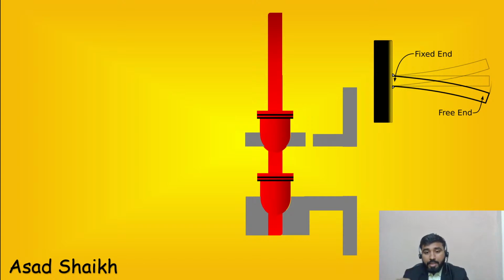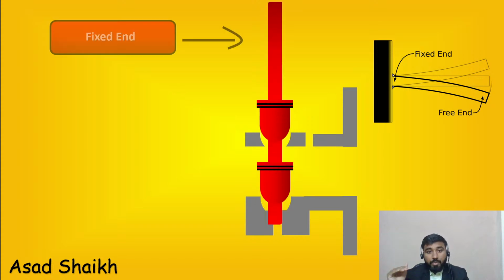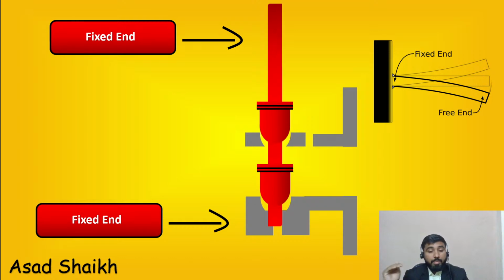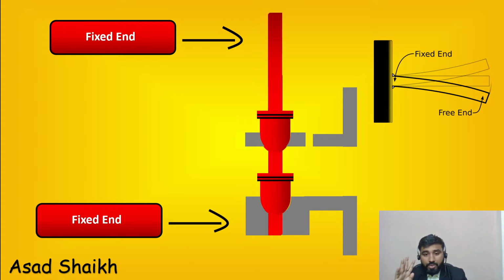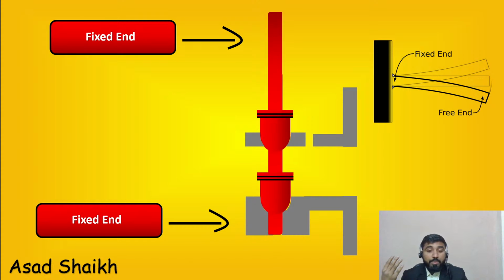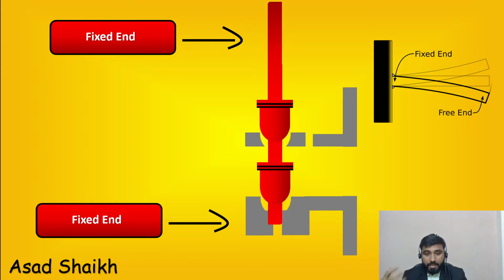In the dual ported design, as it is moving, it is supported at the fixed end from the actuator side, and at the bottom also it is supported. So how this helps is, if you have very high dp, and this is just an example, maybe 30 bar, 50 bar, it depends on your application. We will look in the end at when you select dual ported design, but if the dp is high, then your plug is definitely going to oscillate a bit. So it is better to go from single port to a dual ported design.